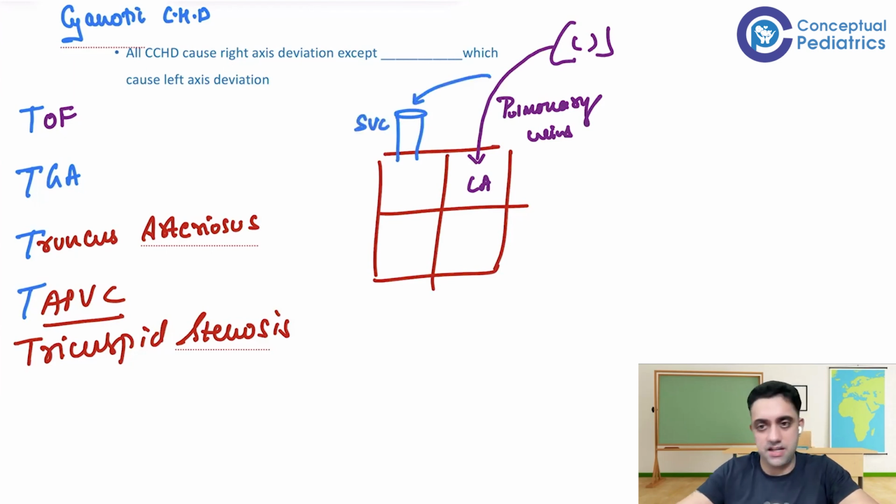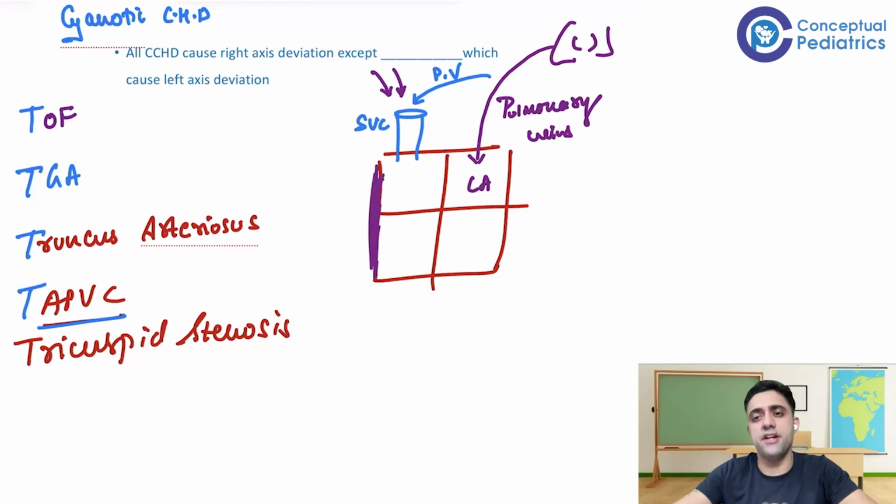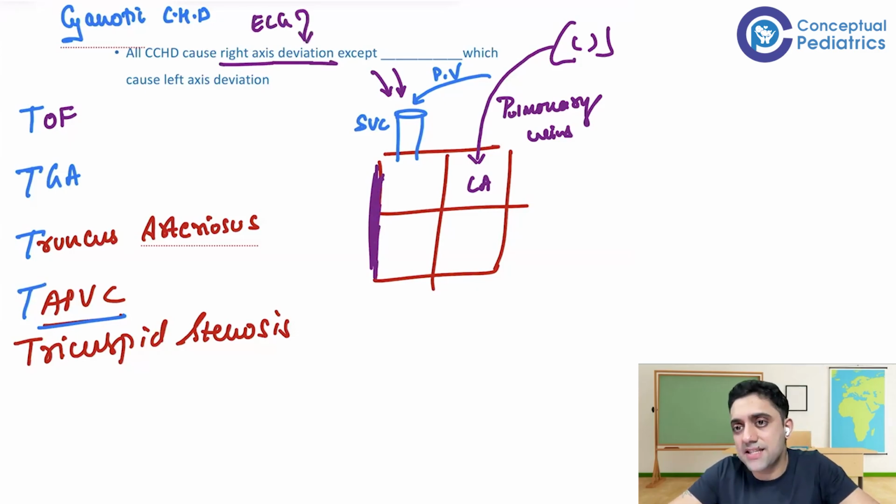So in a case of TAPVC, the pulmonary veins by mistake get connected to the superior vena cava. That happens in TAPVC. So now the deoxygenated blood is also entering the superior vena cava, and oxygenated blood is also entering the superior vena cava. That basically causes right atrial and right ventricular hypertrophy, or nothing but right axis deviation. If I say the ECG is showing right axis deviation,